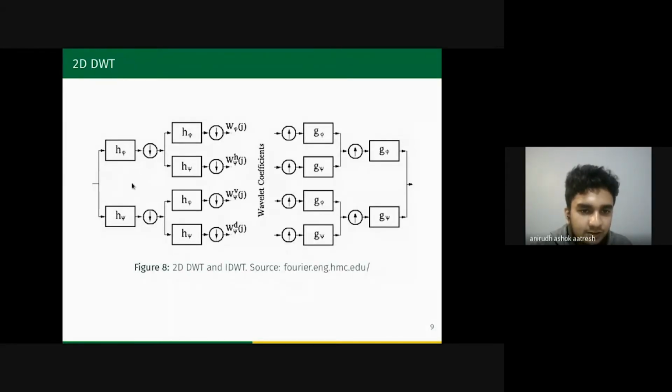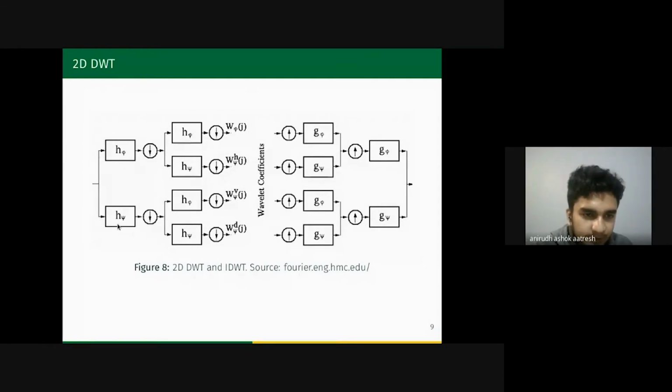This will result in half the number of coefficients on each side. At the end of this, you would have computed only column wise, so you will have to do row wise also, for each of them. Once again, low frequency and high frequency components are filtered out.